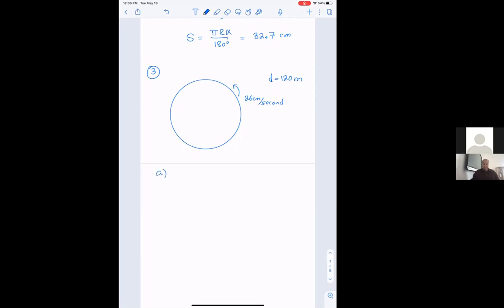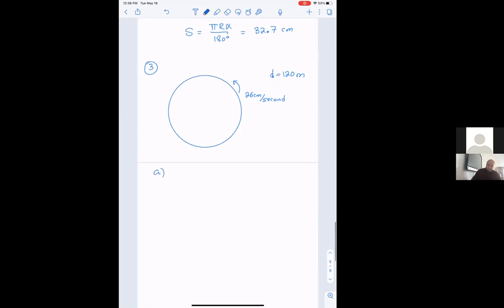So this one has got 3 parts. Each part, pause, solve, check. Find A, the length that a passenger capsule would travel if the wheel makes a rotation of 200 degrees. If alpha is a 200-degree rotation,